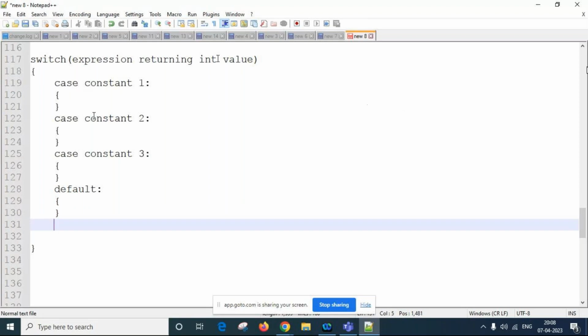These are usually used for menu driven functions, that is, if we have multiple choices of execution